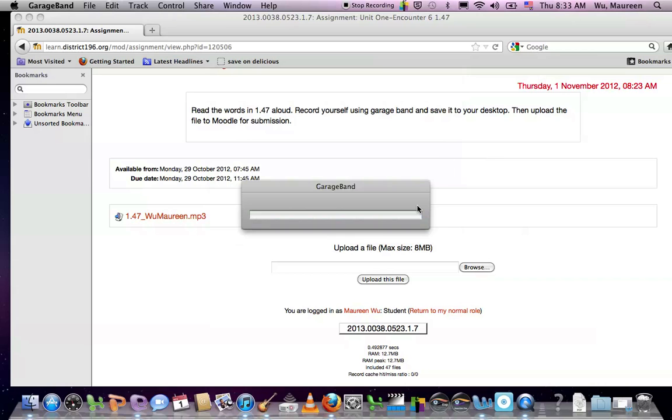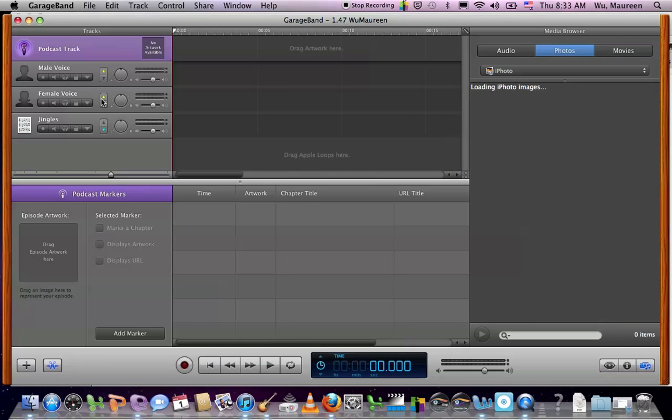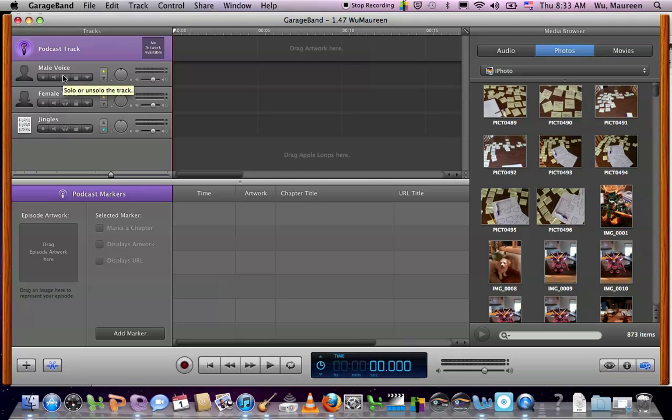I'm going to create. And you have a choice, male voice, female voice. It really doesn't matter. Just to prove it to you, I'm going to do male today. When you're ready to record, you press the record button down here. Then you read your words and you press the space bar to stop. So here we go. We're going to get started. I'm on page 33 and I read